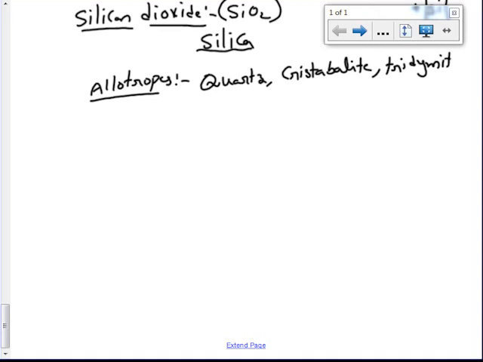Tridymite. These three are the allotropes of silicon dioxide, and moreover these three are crystalline allotropes. The crystalline allotropic forms of SiO2 are quartz, cristobalite, tridymite, but all these compounds have the same formula, SiO2. Amorphous forms of SiO2 are